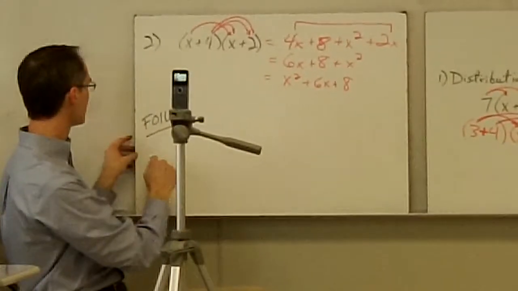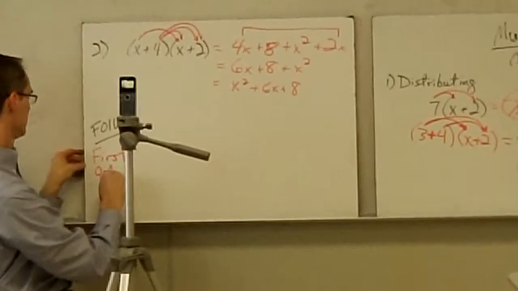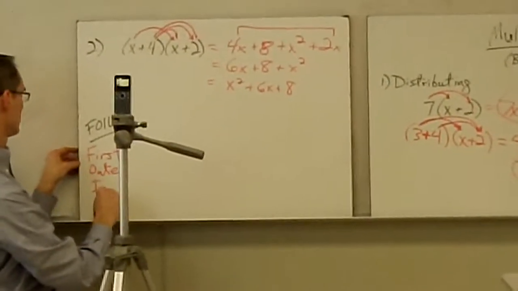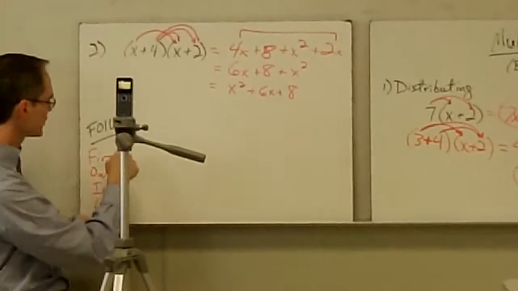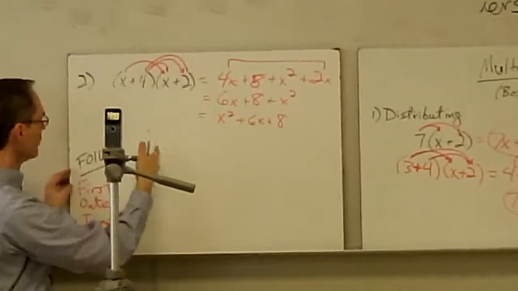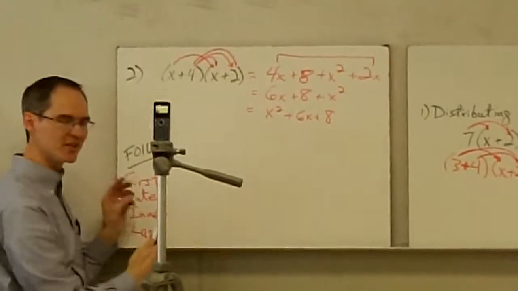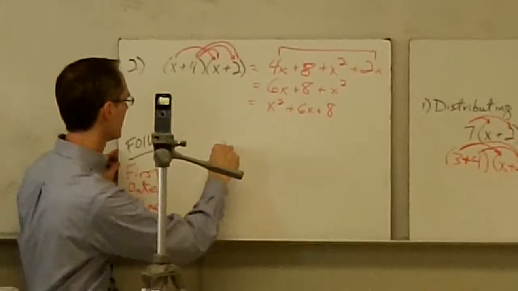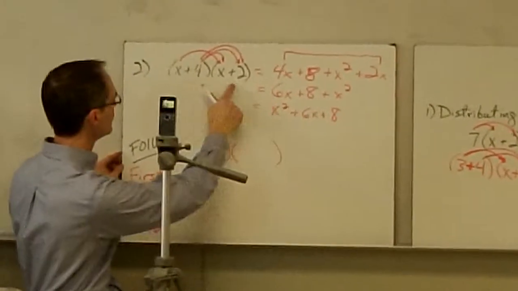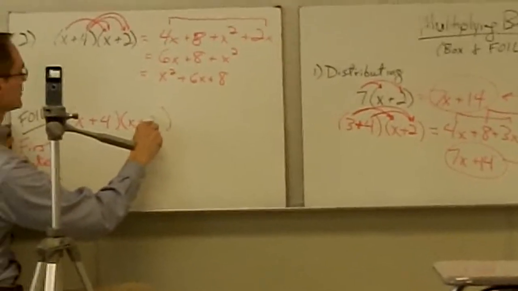You may be familiar with the FOIL method. FOIL just stands for first, outer, inner, last. And that's just a handy way to remember all the different multiplications that you have to do. And you don't have to do them in this order, but it just makes a nice mnemonic to remember how to do the multiplication. So if I'm going to do this using FOIL, x plus 4 times x plus 2,